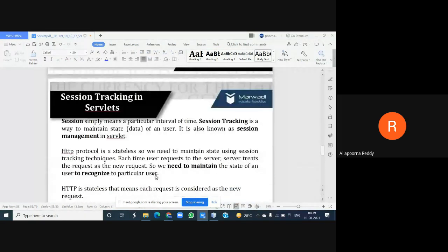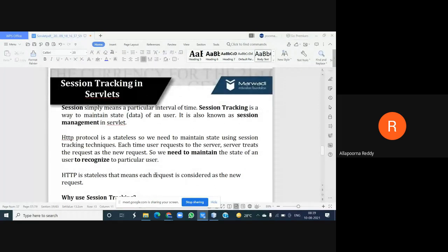For today's session, we are going to see one of the most important topics, which we call session tracking. As I said in the last session, I gave some introduction about what a session is. So what is a session? A session is nothing but a particular interval of time. If you have allotted 4 hours of work, you divide your 4 hours into different intervals and call them session 1, session 2, session 3, and session 4.